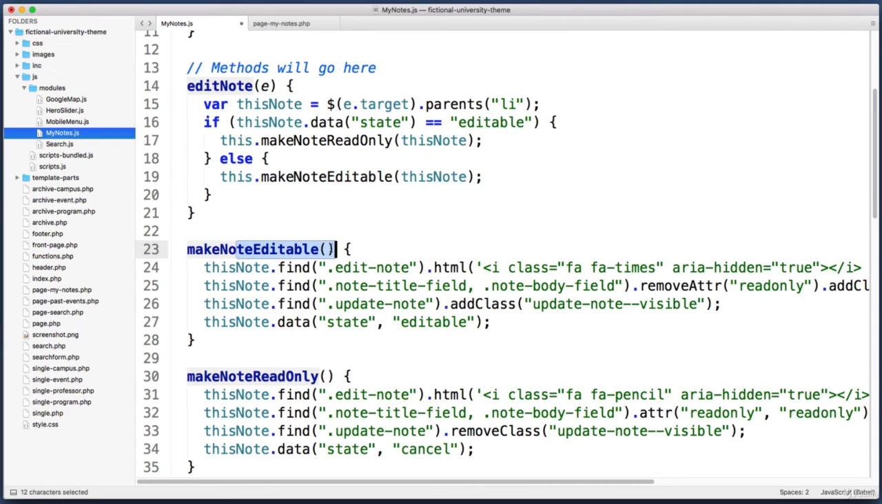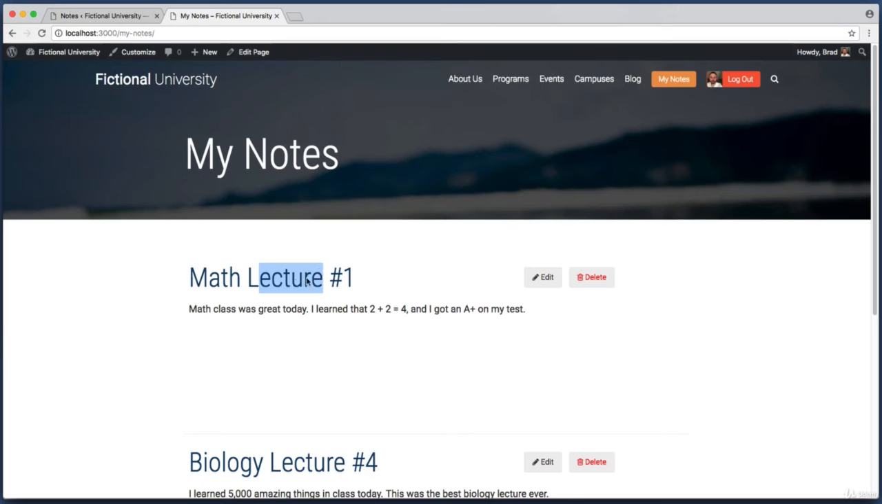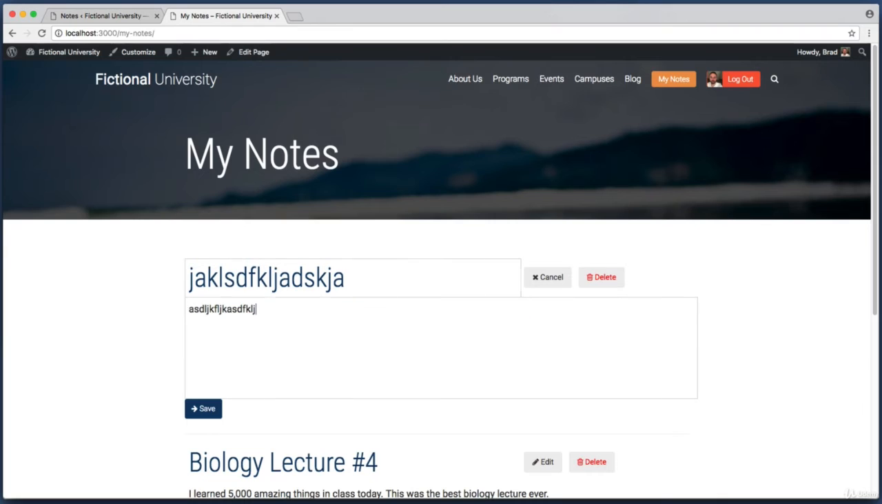Okay, and then down within the function definitions for those, let's include this note as a parameter. So let's do that down here as well. This note. Okay, and let's go ahead and save things now. So when I first come to the page, I can't make any edits. As soon as I click edit, cool, I can make whatever changes I want to. And then if I click the cancel button, perfect, that removes the borders, and once again, I cannot make any